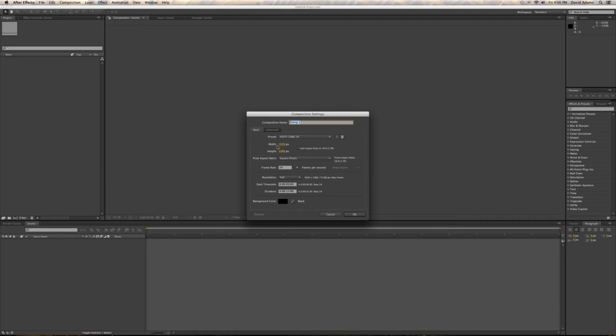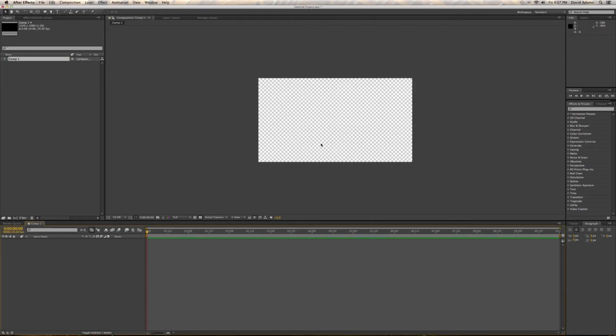So my width is 1920, my height is 1080, which is standard 1080p HD TV at 24 frames per second. Since I don't have a whole lot of photos, it'll make my sequence a little bit longer. And the duration, probably 10 seconds would be fine. Click OK, and we have our